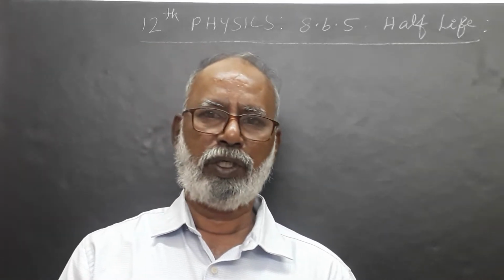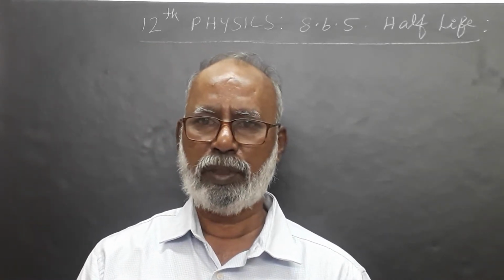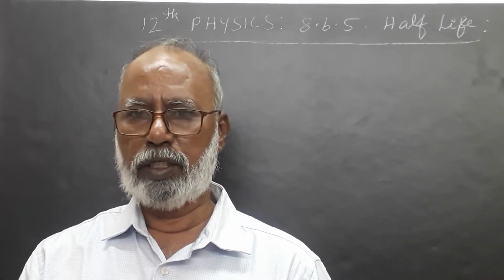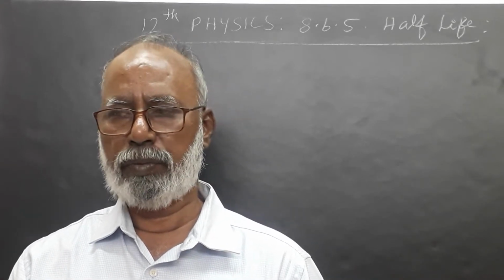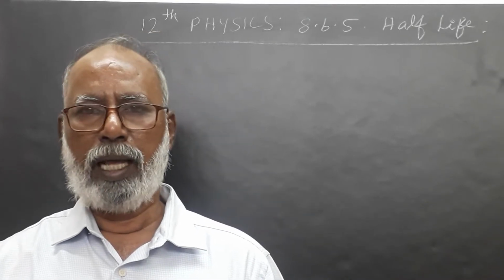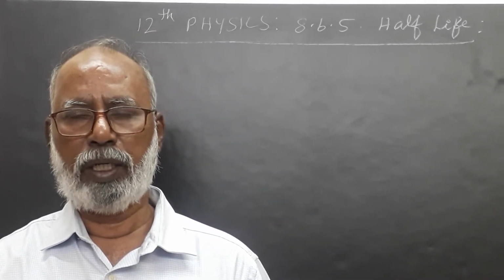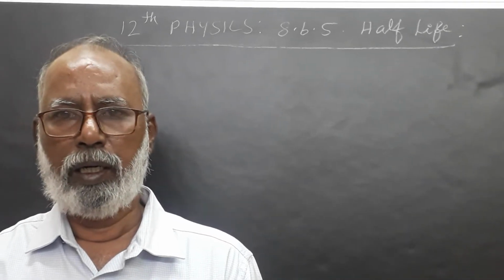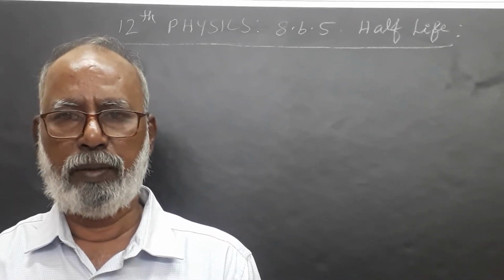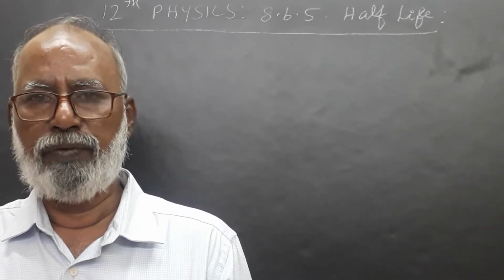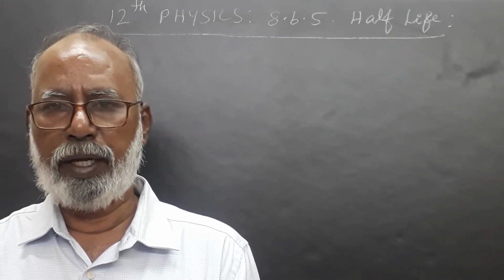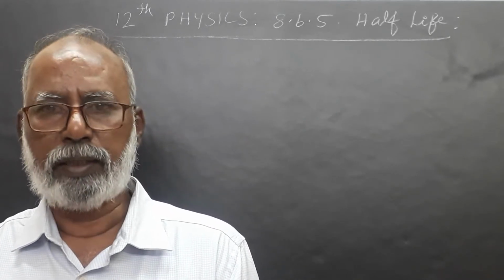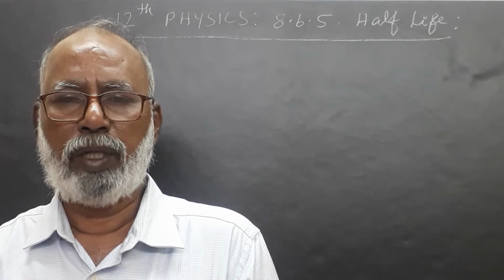Today in 12th Physics second volume we are going to see 8.6.5 half-life. In the last class we have seen alpha decay, beta decay and gamma decay, and the different types of methodology that we use to explain gamma decay. Now in this class we are going to explain the half-life